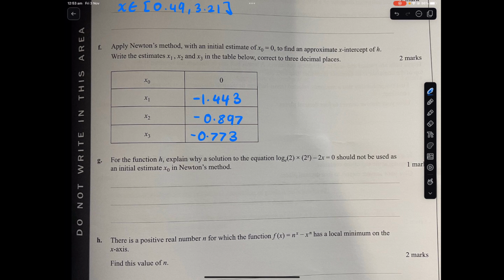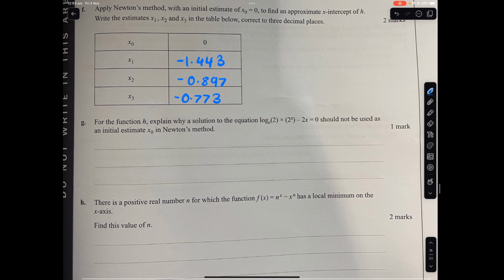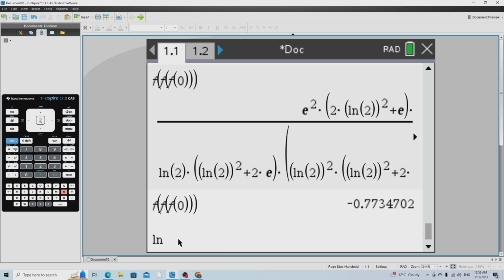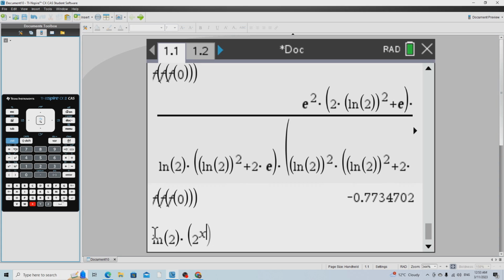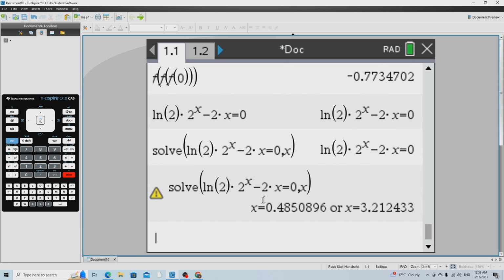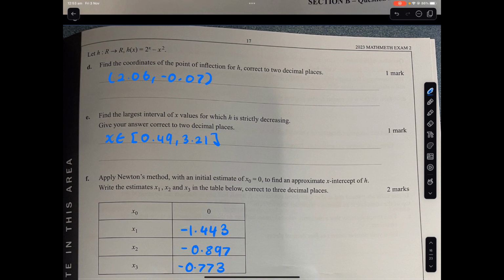0.773. Done. For the function h, explain why a solution to the equation of this should not be used as an initial estimate of x0 in Newton's method. Okay, so let me just find the solutions for this. So it's natural log of 2 times 2 to the power of x minus 2x equals 0. So I'm going to solve, answer, comma x. We get 0.485. Wait, aren't these just the values that we just got from the